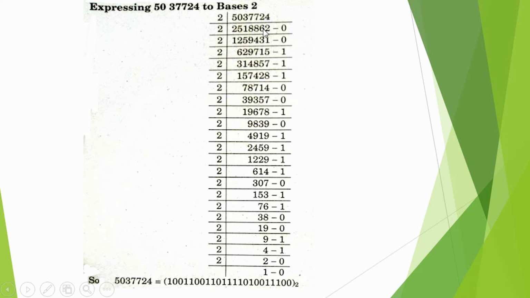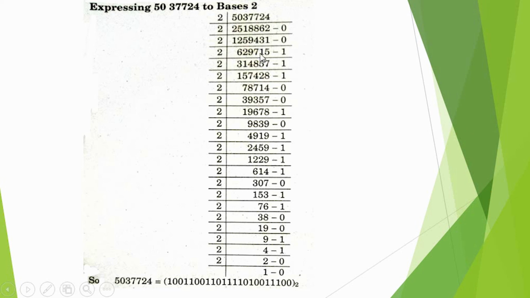2 2s are 4, 2 5s are 10, 2 1s are 2, 7 becomes 17, 2 8s are 16, 7 becomes 17, 2 8s are 16, 2 6s are 12, 2 2s are 4, and 0 comes as it is. 2 1s are 2, 2 2s are 4, 1 becomes 10, 2 5s are 10, 2 9s are 18, 2 4s are 8, 2 3s are 6, 2 1s are 2, and 0 comes as it is.